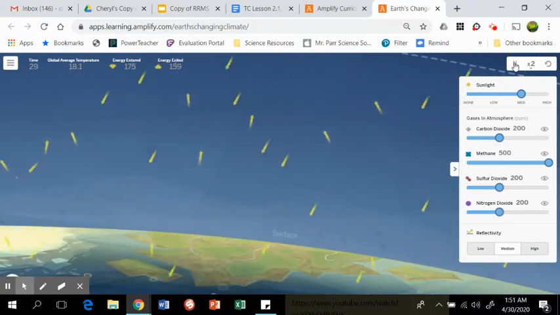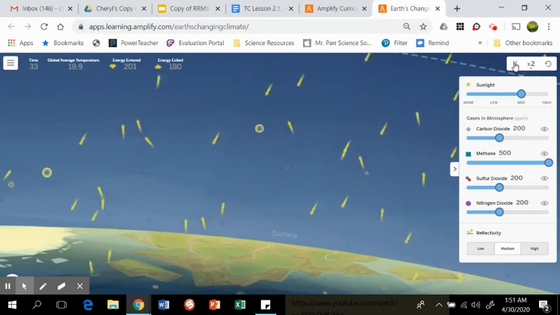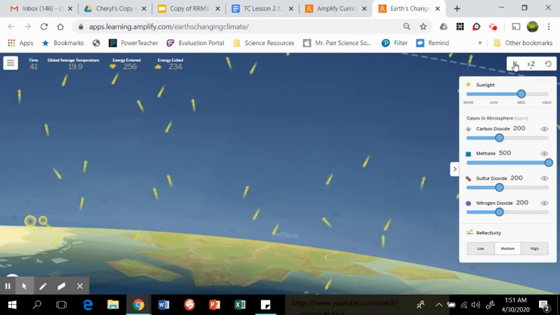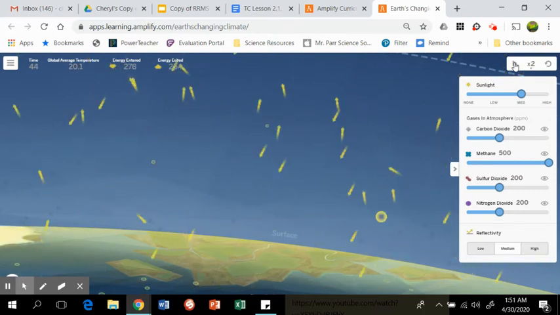Okay, looking at temperature, temperature is increasing. Energy entering the system is higher than the energy that is exiting the system. So I pause it here. I let it go about 1 second longer than the other ones. But the temperature, 20.1 degrees Celsius, energy entered, 278 amount of energy entered, 278, compared to